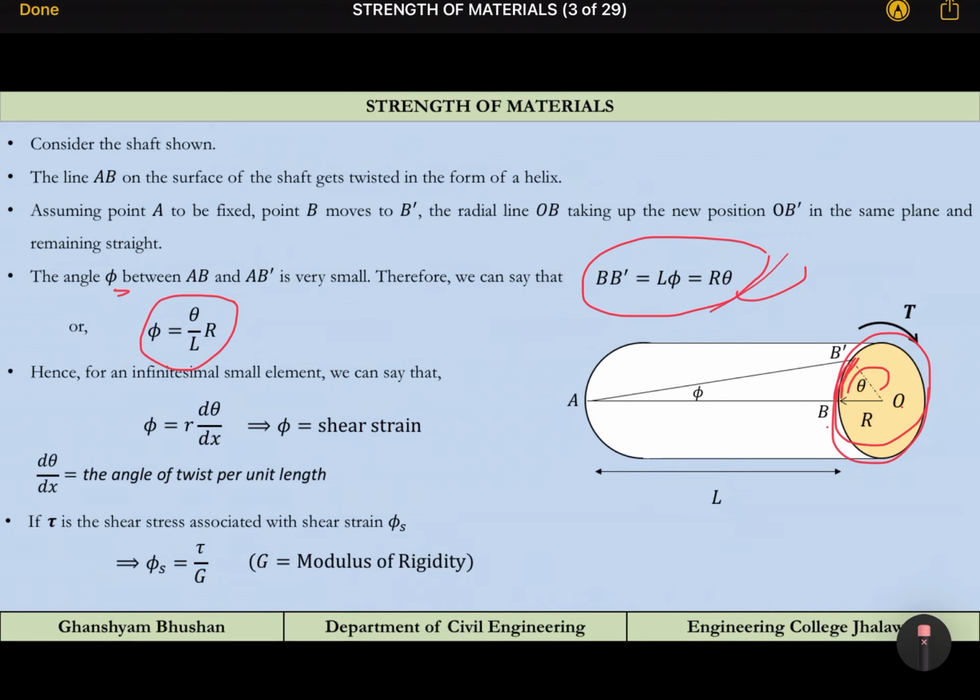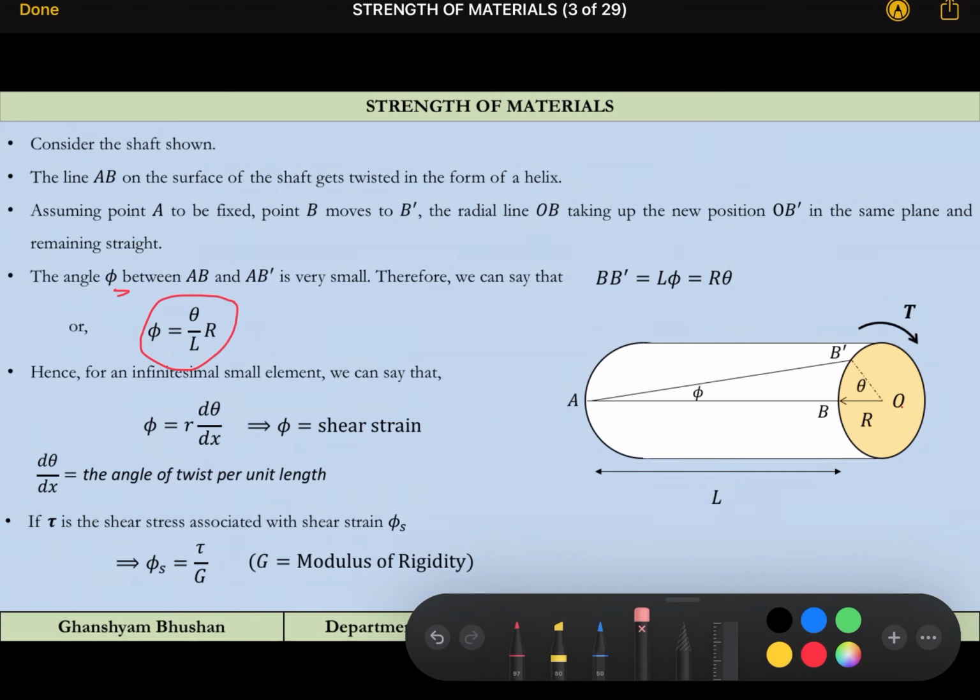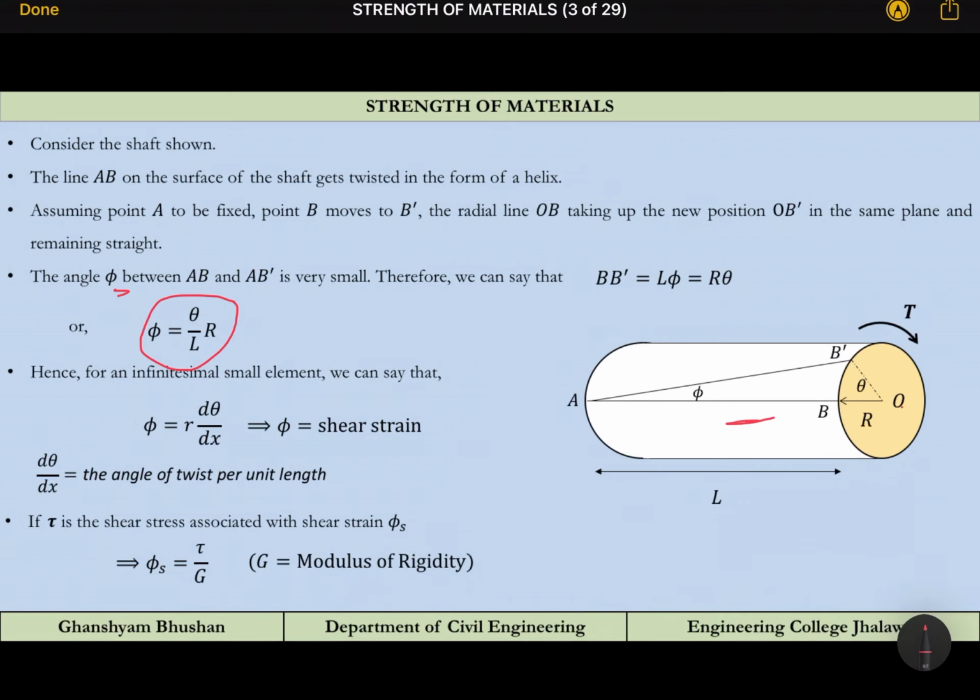So we have taken a very large portion, but for any smaller section, where the distance is dx, it is going to be something like this. So this is d theta. If this is true for the bigger curves, it will be valid for a smaller distance also. So for a very, very small section over this surface, phi will be equal to R into d theta by dx.